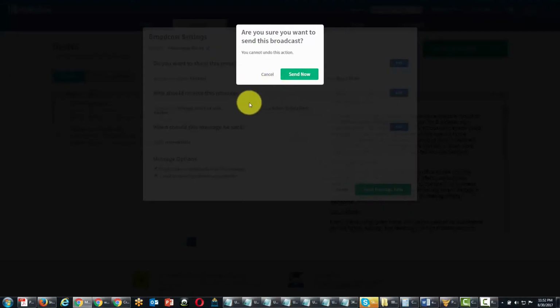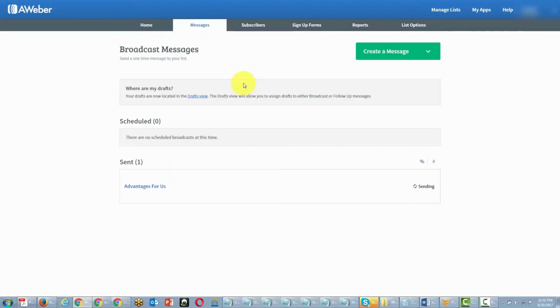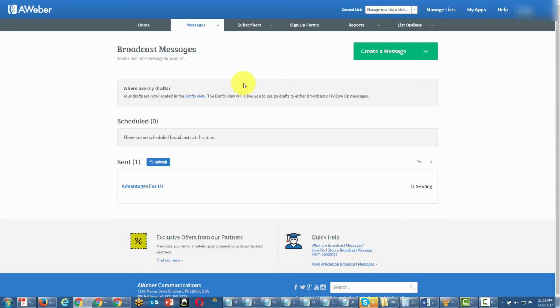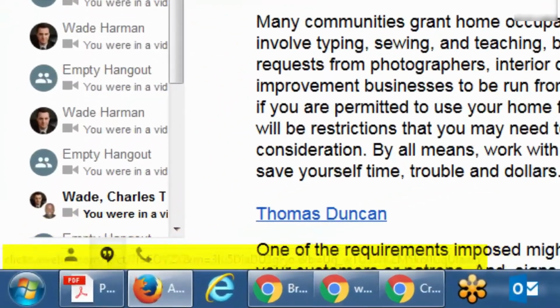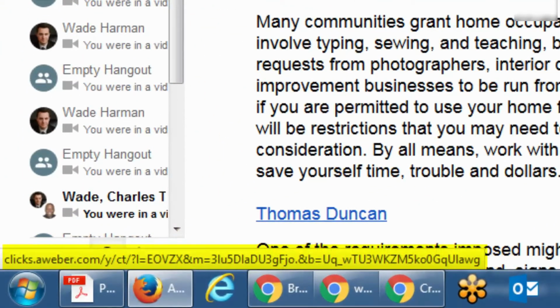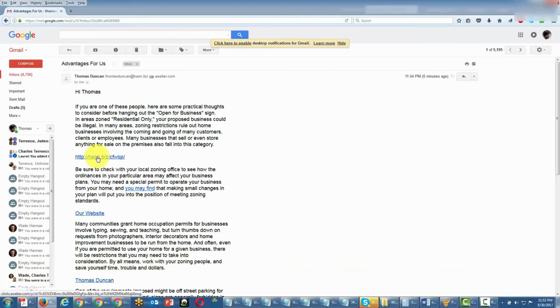Aweber is going to warn us and ask us if we want to send this broadcast, and we're going to go ahead and send it. And now our email with our links is actually sent. Now that this email has arrived in our box, we can actually click these links, and they are clickable. What you'll notice is that these links have a tracking code in them, and this allows Aweber to tell us whether or not people are clicking these links. So if we click this link,